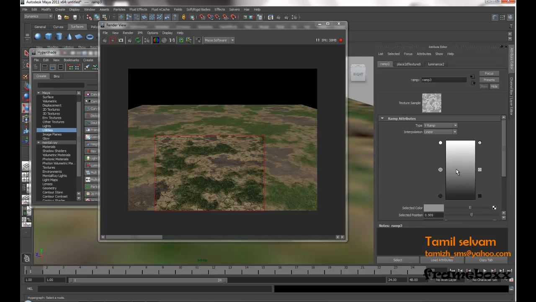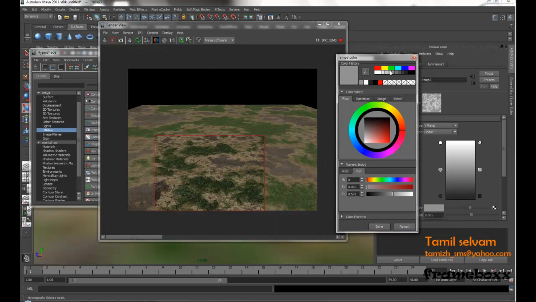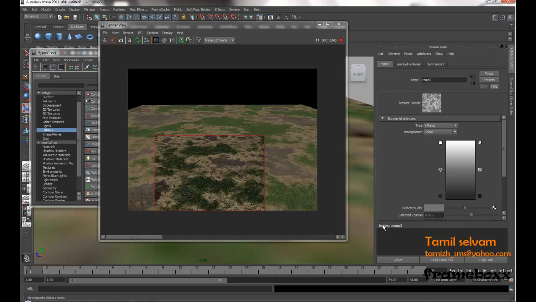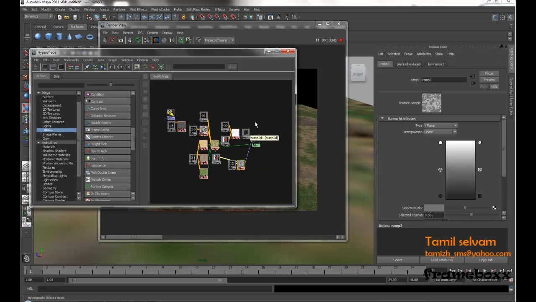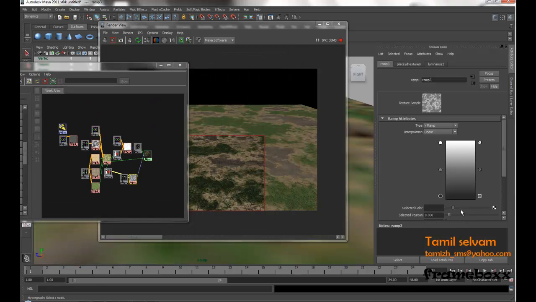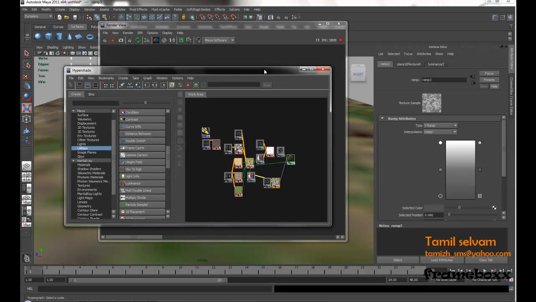In that middle you can add one more, and you can choose the dark black. You see that the middle area? So like that you can add infinite color entries. You can choose dark and bright colors. Okay, that's fine. Reduce, increase. Okay, so now we got the